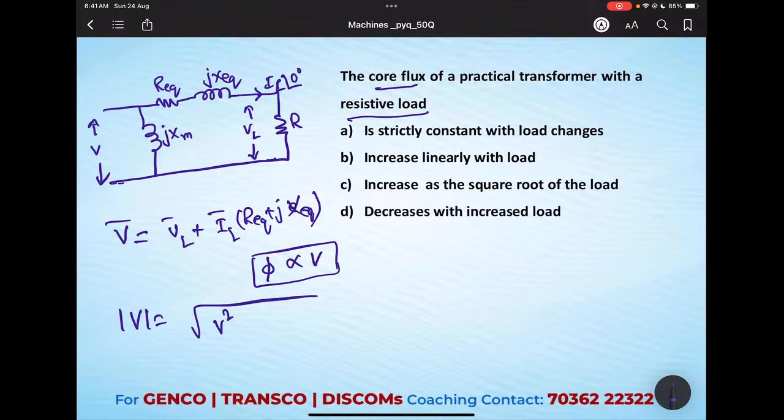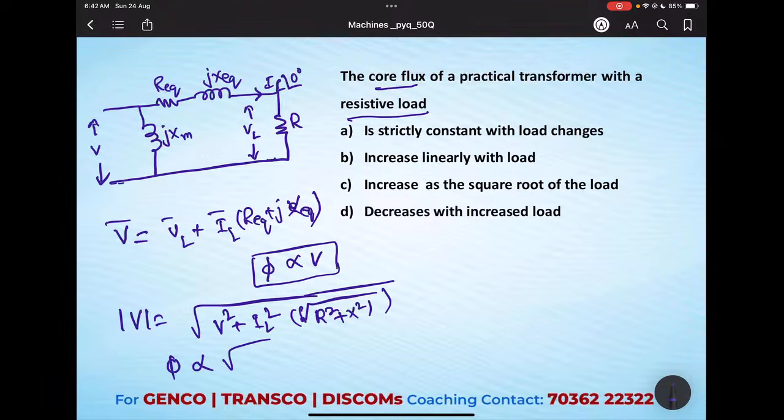VL square plus IL square. R equivalent can be calculated as the square root of R square plus X square. Okay, this is the formula. If you calculate magnitude, it is going to be like this. As we know, flux is directly proportional to voltage. We can write it as